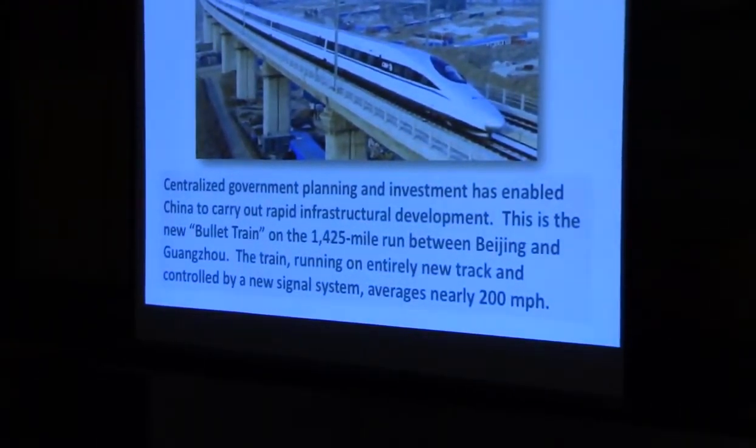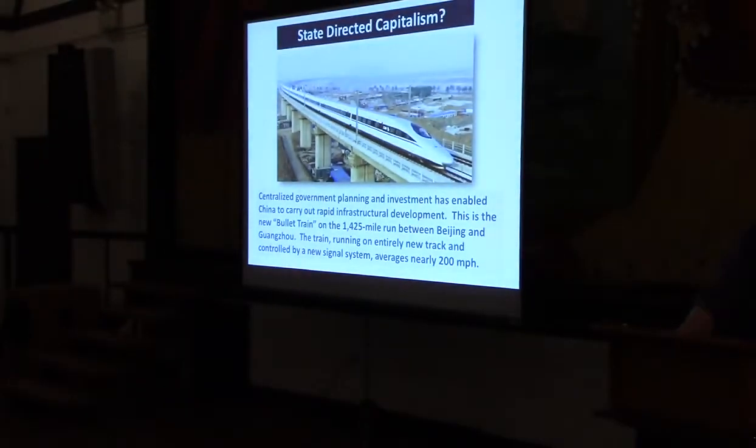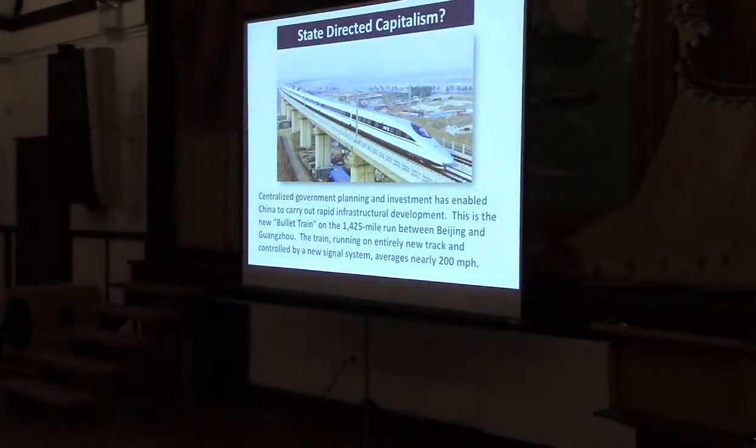The incapacity of the United States to actually control China during and after World War II is a whole other question, which you can ask me about in the questions, but I'm not going to get into it. But the fact that China is always, for this period, outside of the American economic orbit, finally by the 1970s, as China makes its own structural adjustment, I put a question mark there because I don't even know if it's a scientifically accurate description, but it's the best one that I have, which is you have big chunks of private capitalism in China, but you also have a state that for its own reasons is willing to mobilize enormous